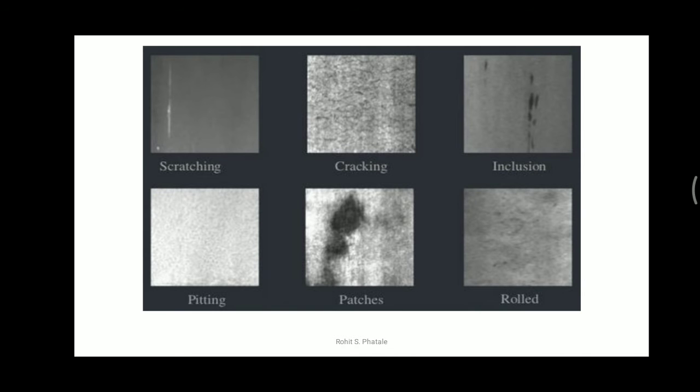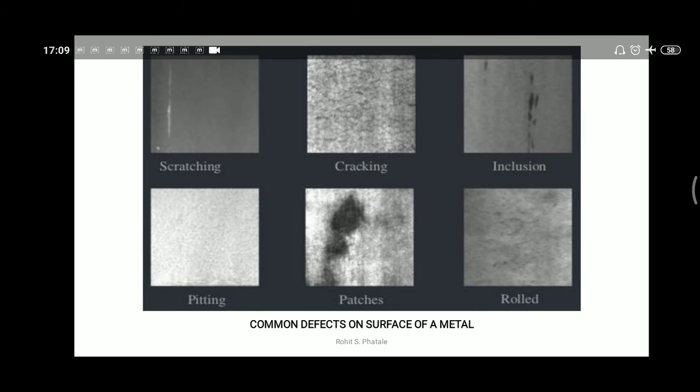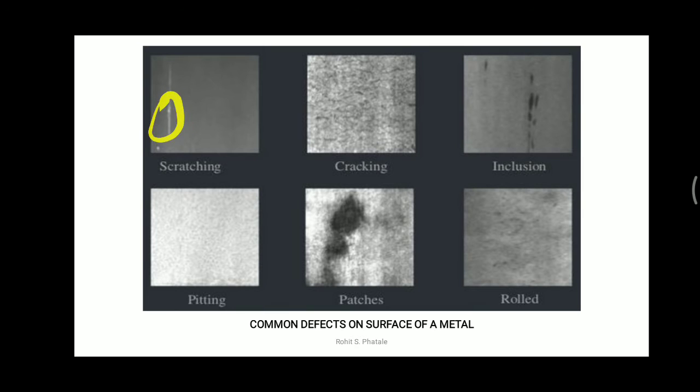Then these are some common defects that we can observe on the metal surface. Over here you can see cracking is there. Some cracks are there, then scratches are there. This is one of the scratches. This is the surface of metal having cracks. The dark portions are nothing but the cracks, over here you can see. And the bright material is the proper surface finish that we want.